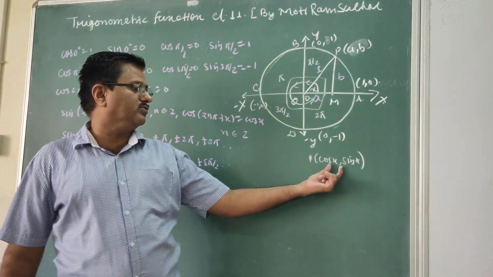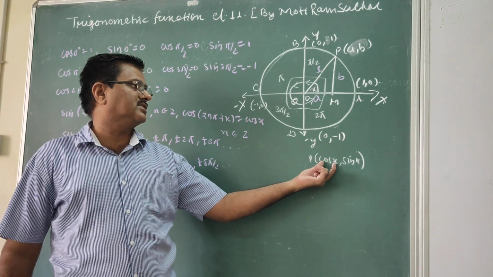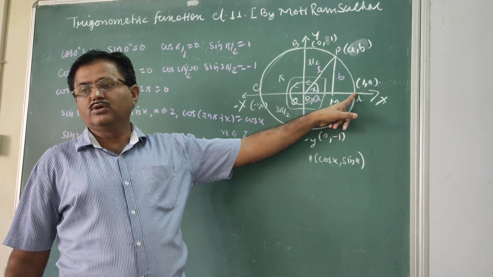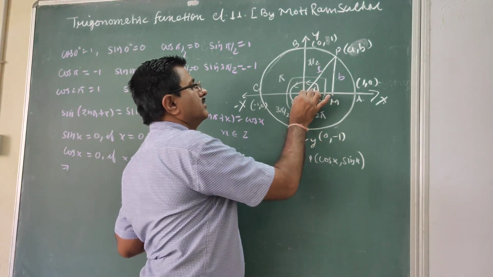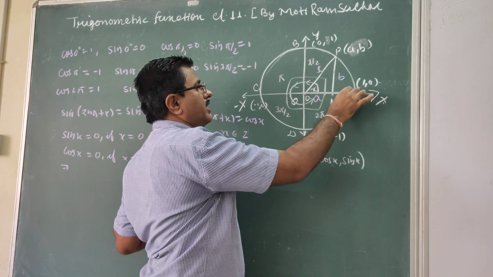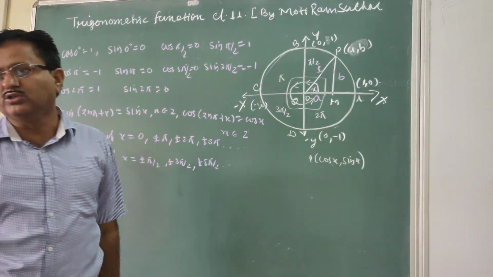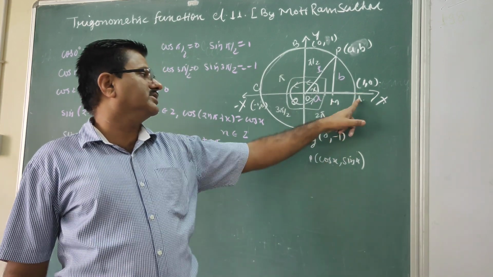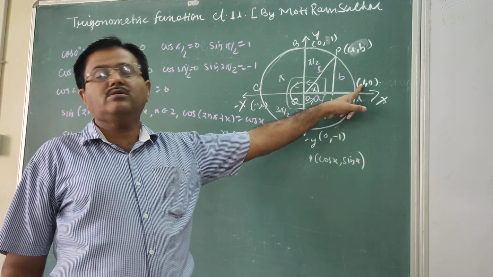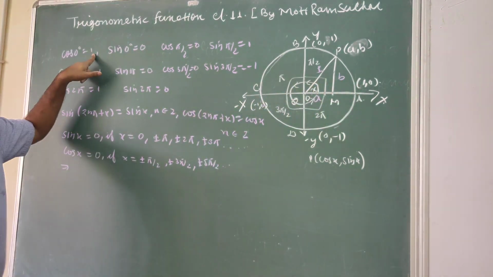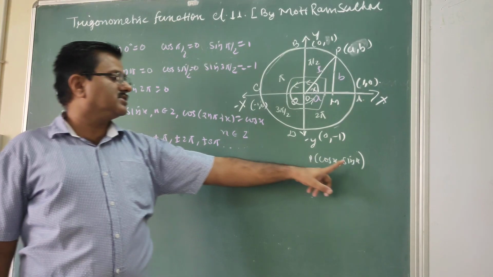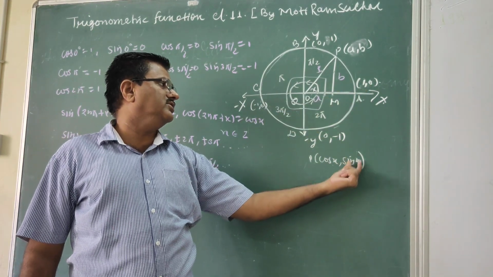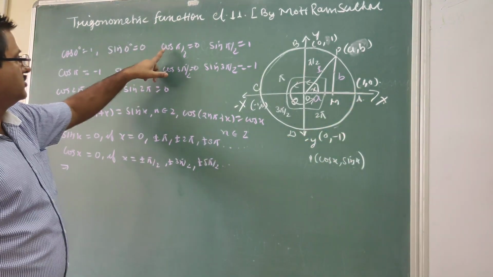With the help of this you can say, as we are saying here, cos x, where x is the angle. Suppose you take x to be 0. Clear? When the point P coincides with A, then x equals 0. So when x equals 0, cos 0 equals 1. We write here cos 0 equals 1. Similarly, sin x equals 0 when x equals 0, so sin 0 should be equal to 0.